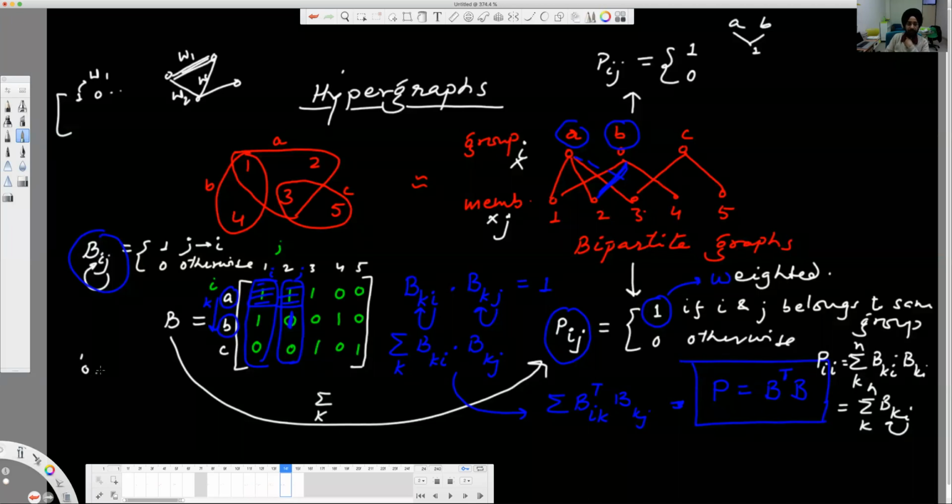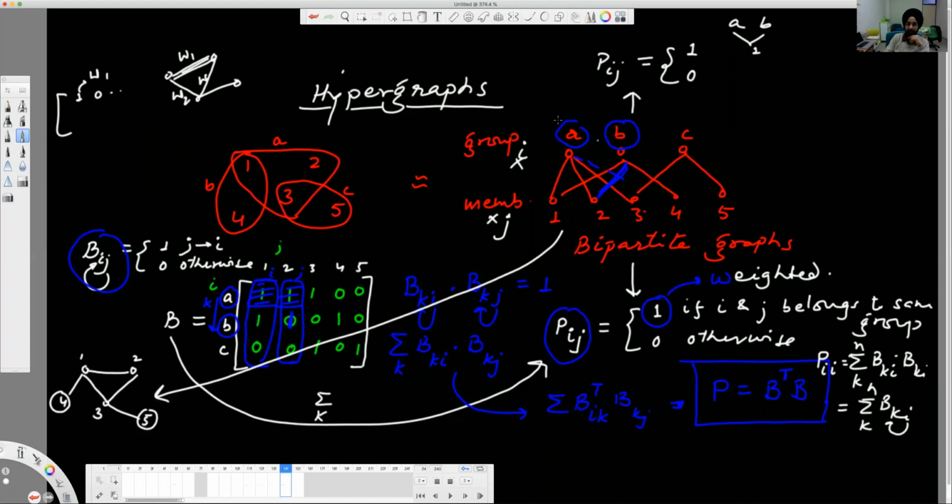1 will be connected to 2. Yes, right? In the projection network. And 3 will be connected to 1, of course, because they belong to the same group. And 2 and 3 will also be connected. Now 3 is connected to C and 5 is connected to C, which means that 5 is connected here. And then 4 and 1 have a common group. So 4 is here. So that will be this network, isn't it?